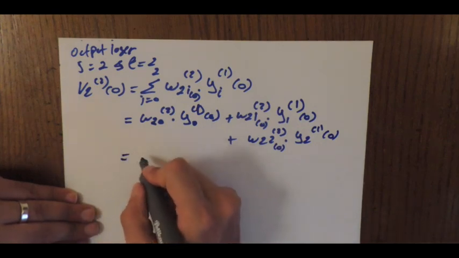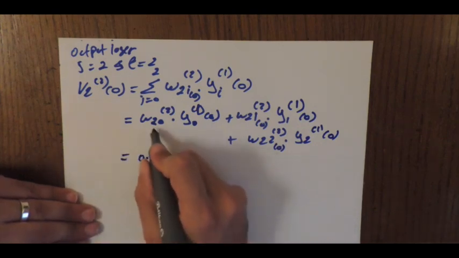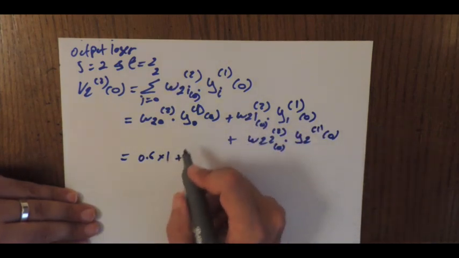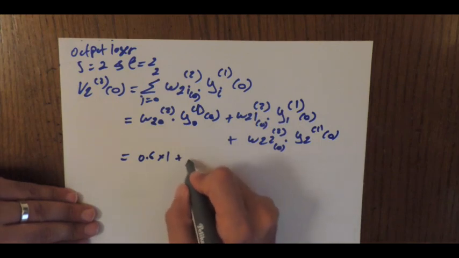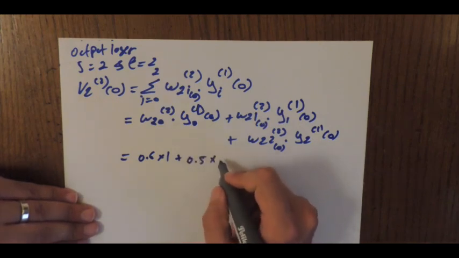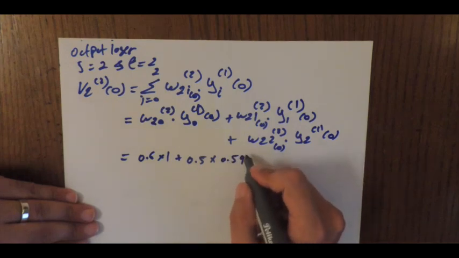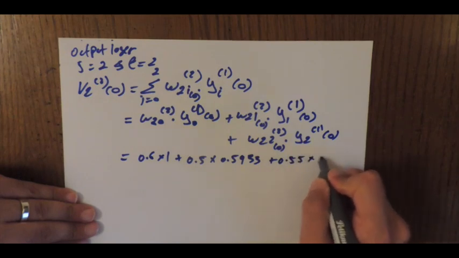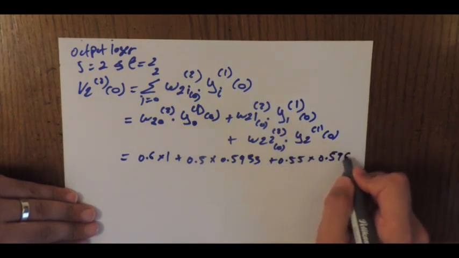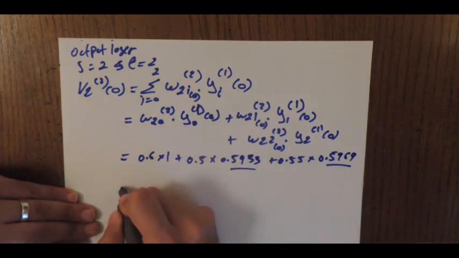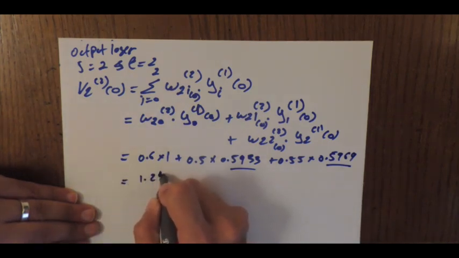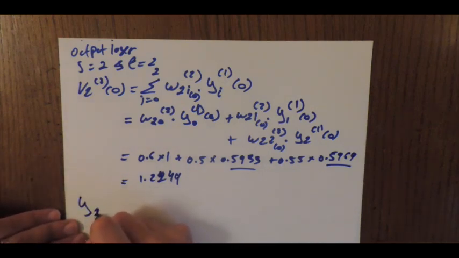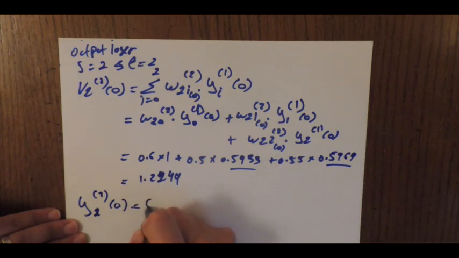This will be equal to 0.6 times 1 based on the input. This is given. All of these are given for the first epoch. And then we have W21, which will be 0.5 times 0.5933 plus 0.55 times 0.5969. These are computed from the previous iteration, and we have 1.2249. Of course, now to calculate the output, which is y2 of 2 of 0, which is equal to output 2,